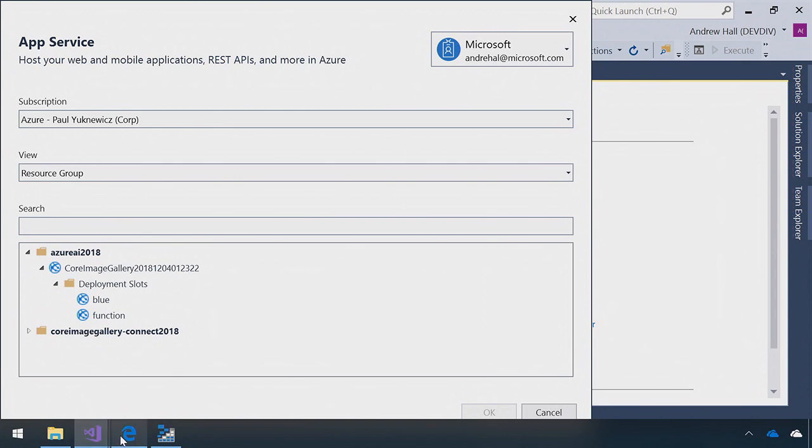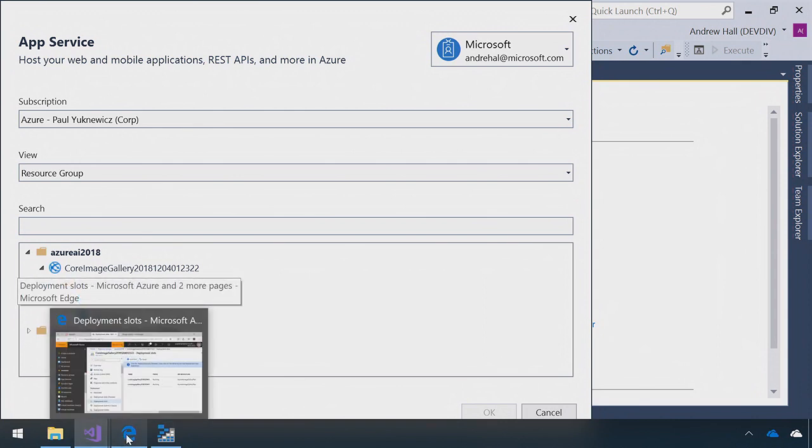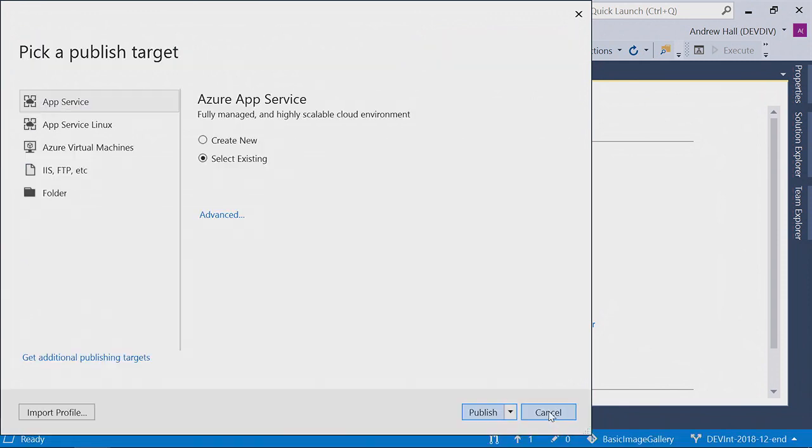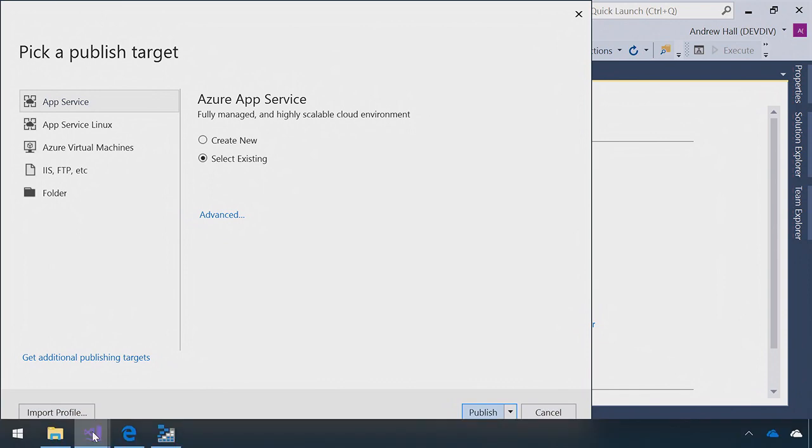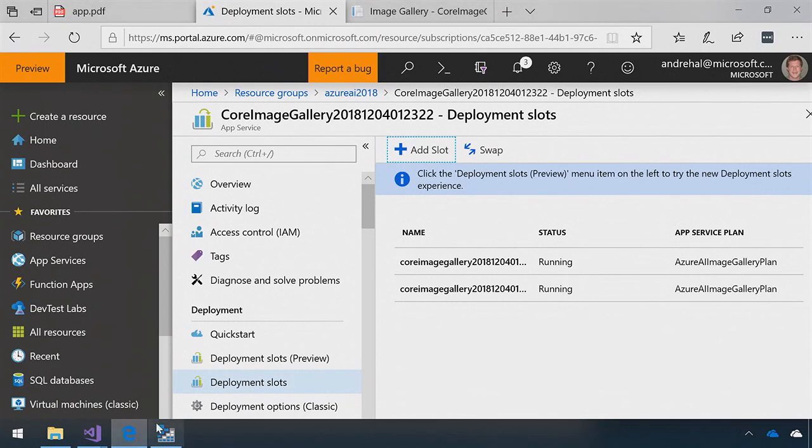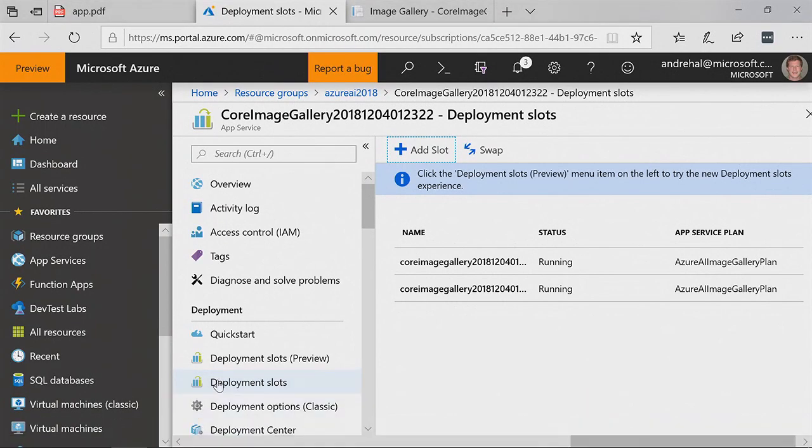You guys might have just updated that too, because I remember I used to have to download a publish profile from the portal. You can always do that, it's still a supported thing. So we have the import profile button right here. But yeah, you can just target a slot via that browsing as well. VS knows slots now. That's correct. You have to create it from the portal, but once it's created, you can pick it and browse to it.